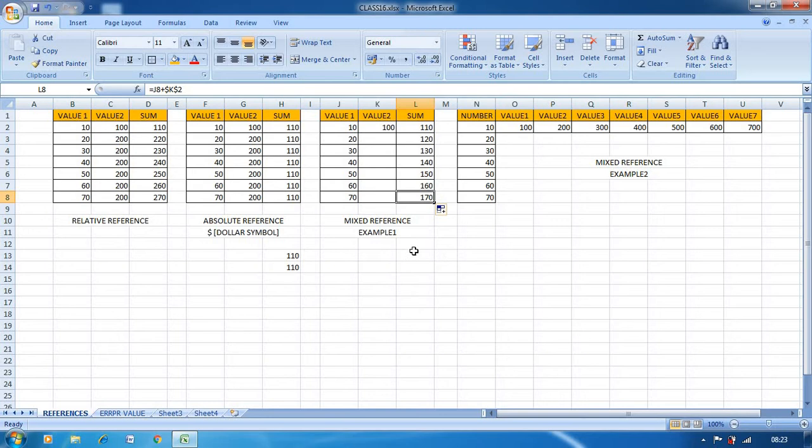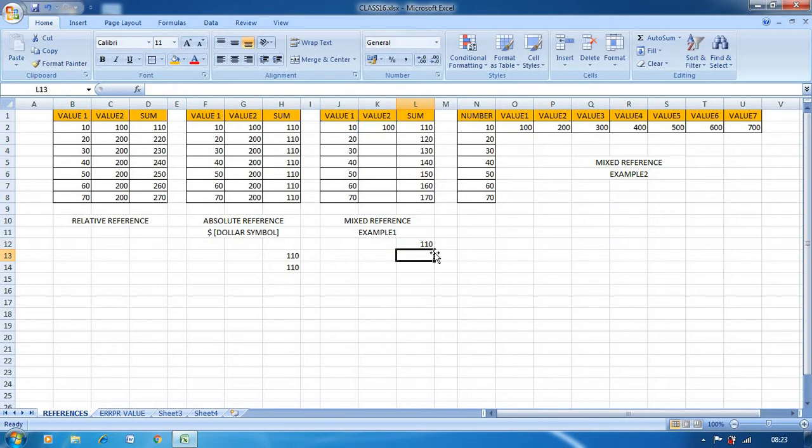Or what you can write is equal to J2 plus, so if I drag downside, what happens? Row number will change, column name won't change. So I will write K $2 because I will fix only the row number.